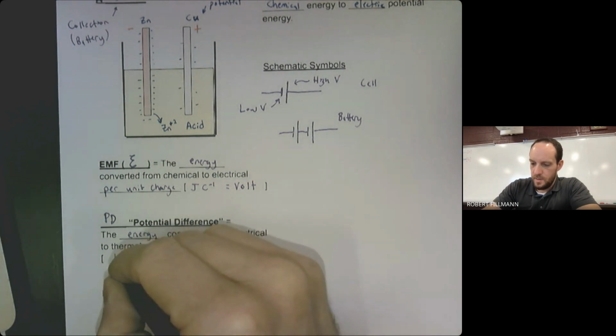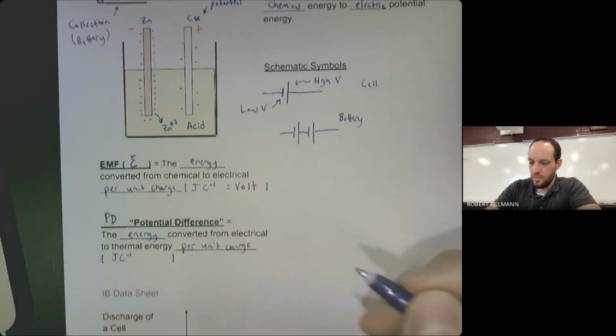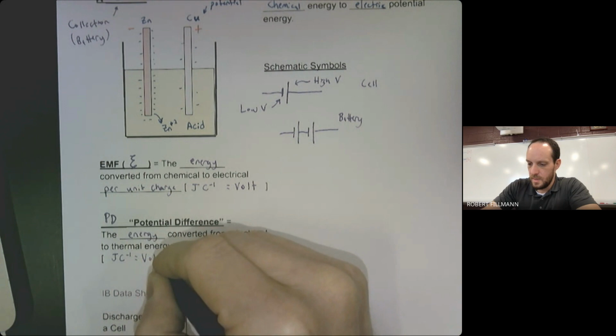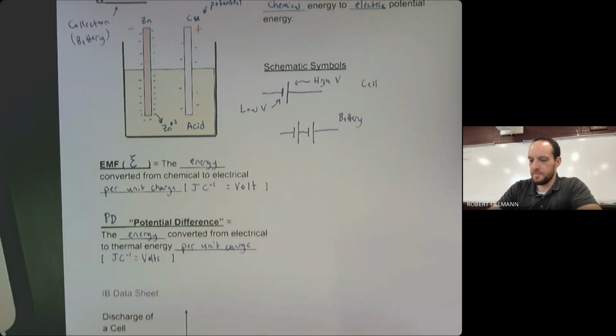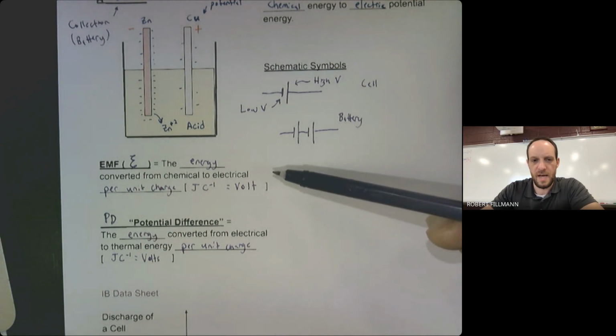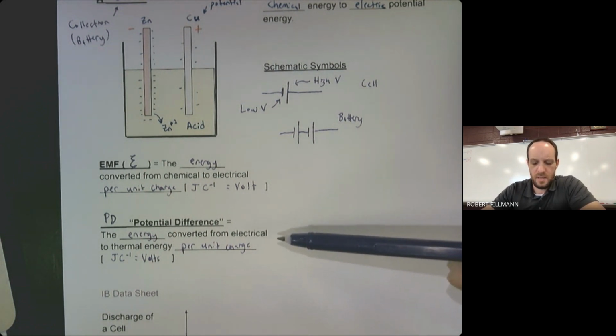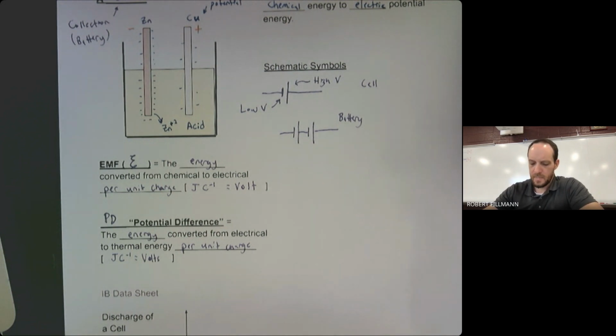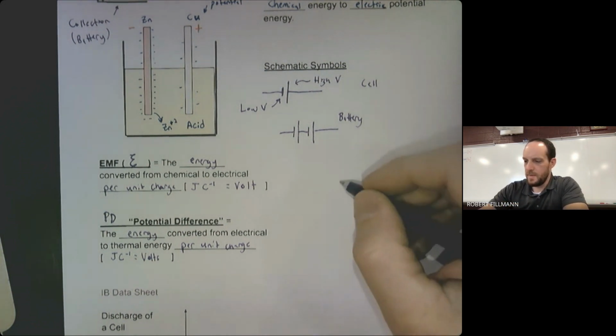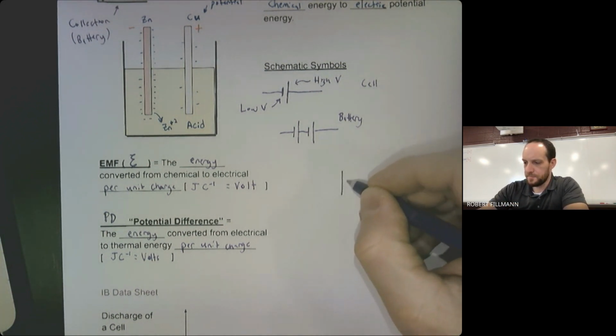And so it's also an energy per, so joule per coulomb. It's also measured in volts. So both of them are measured in volts. But you can think about the EMF as the source of energy, the chemical reaction, and then the potential difference as being the use of that energy, being used to create heat in a resistor or something like that. So for instance, when we distinguish between the two, if you think about a chemical cell, we could draw